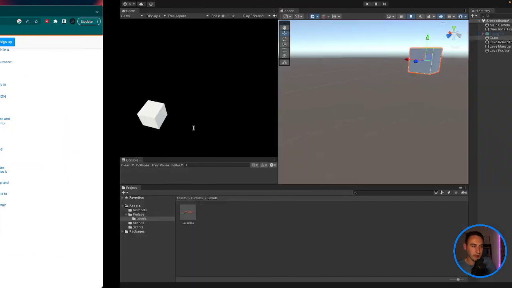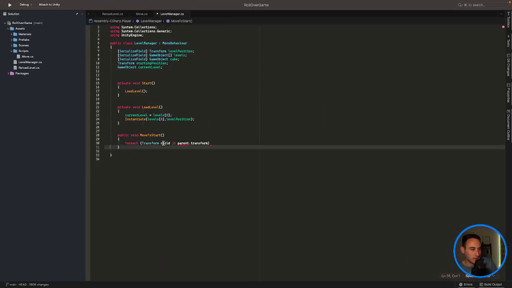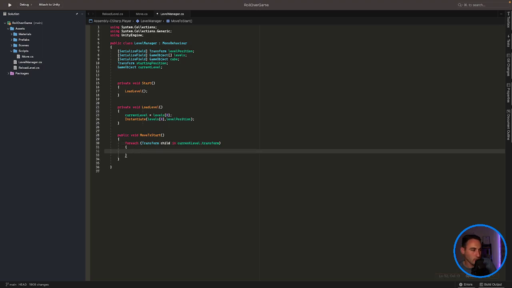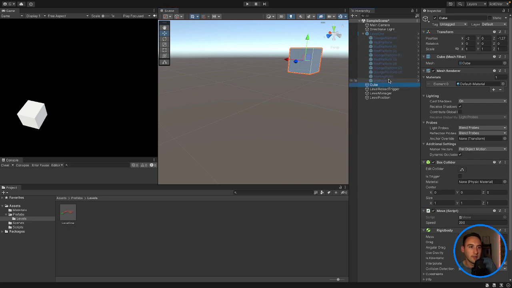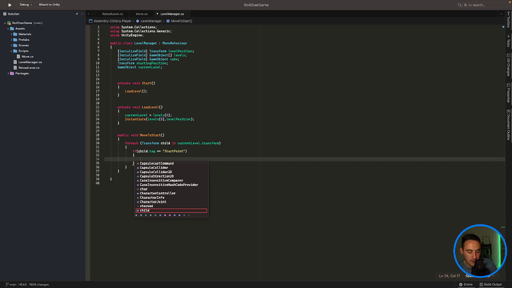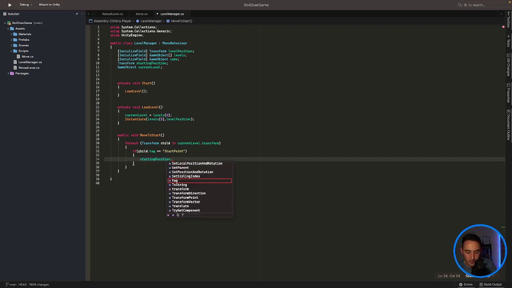You know what, we're going to use a for loop for now. So let's make this work quickly, because we're running out of time. Okay, so for each transform child in current level dot transform, that needs to be if child dot tag is equal to, what did we say our tag was for our starting point? Is start point. Okay, so if our tag is equal to, there needs to be exactly the same, start point, then we can go and say, what is it, starting position is equal to child dot position, child,